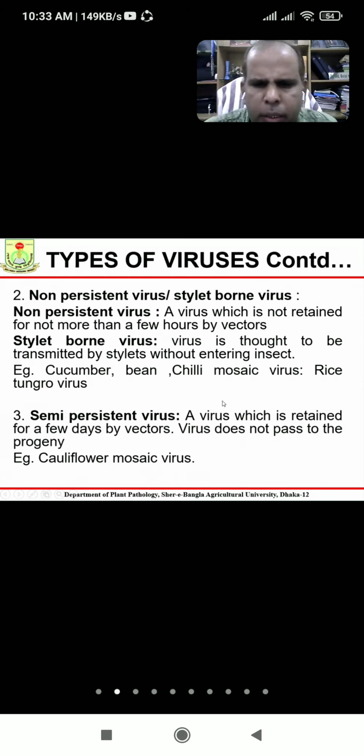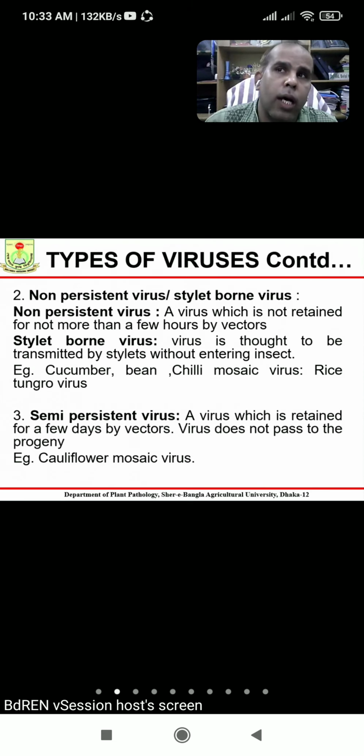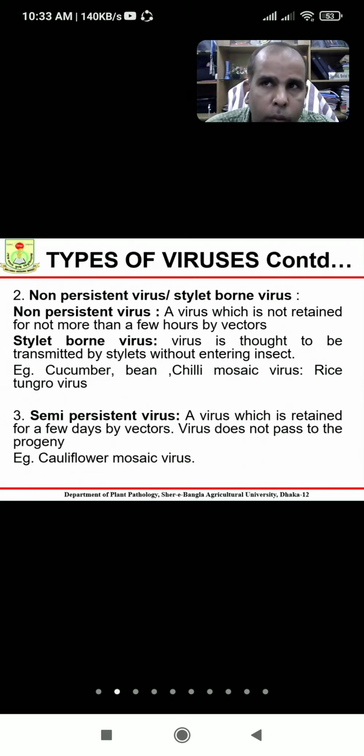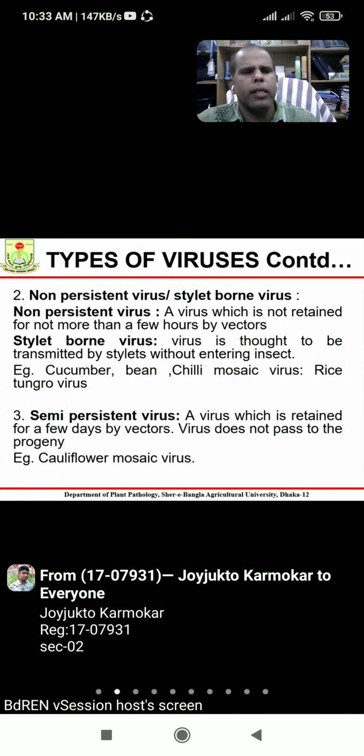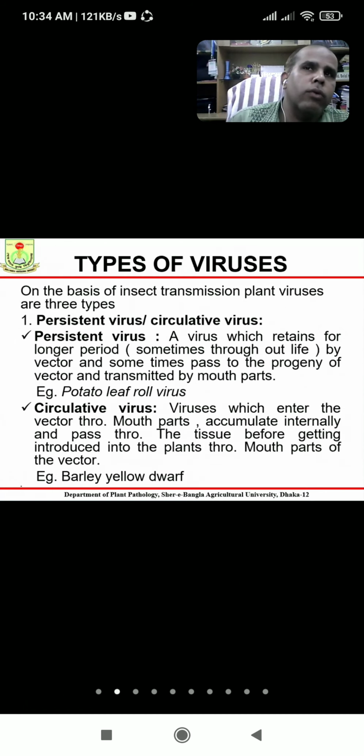Finally, the semi-persistent virus: a virus is retained for a few days by the vector. The virus does not pass to the progeny. That means it can survive a longer period, but it cannot be transmitted from the insect to the next generation of insects. So it can stay from a few days to a few months, but does not transmit progeny to progeny. Those types of viruses we call semi-persistent. But persistent viruses do pass progeny to progeny, I mean if an insect carries the virus